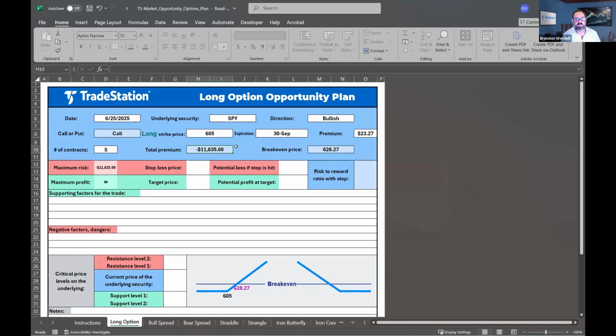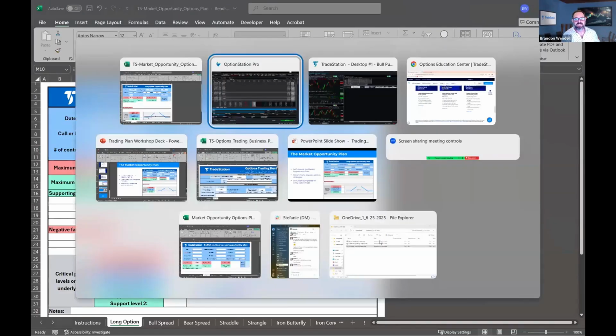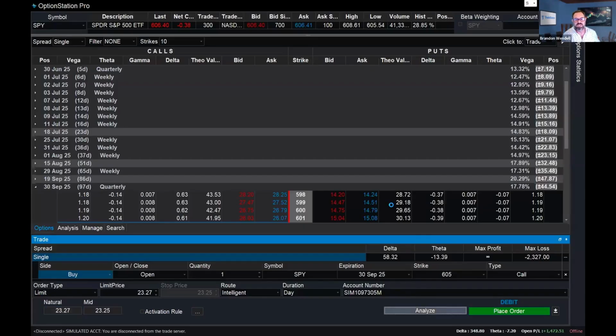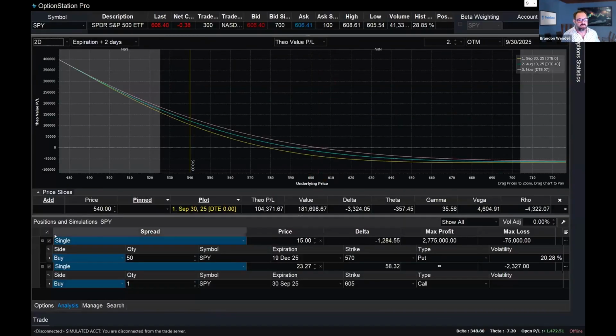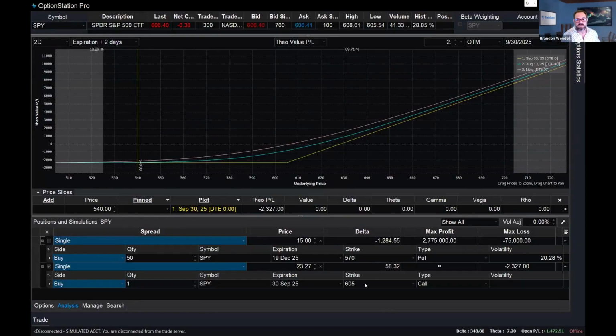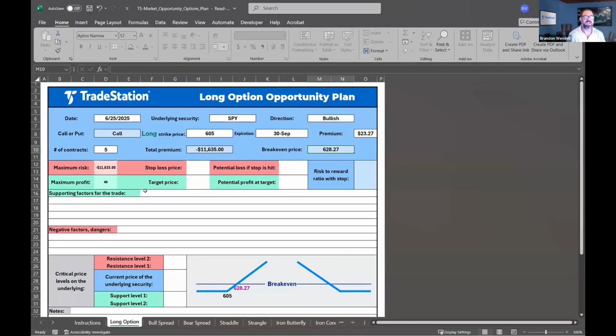And it's calculating the premium I'm going to have to pay. And it's showing me my break-even price. It even does a nice little risk profile for me right here. Yes, you get a lot of this on TradeStation as well. If I go to analyze for the position, it'll give me my risk profile. Oops. Yeah, there it is. And a lot of information as well. But I can go ahead and, again, detail what it is I'm doing in this individual trade.